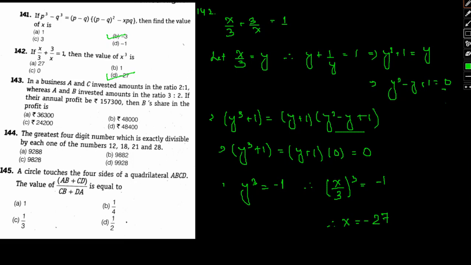So with that being said, let's move on to the next question, 143. In a business, A and C invested amounts in the ratio 2:1, whereas A and B invested in the ratio 3:2. If their annual profit is this much, find B's share of the profit. So here it's given A by C is 2 by 1, sorry, my bad. A by C is 2:1, and also it's given A by B